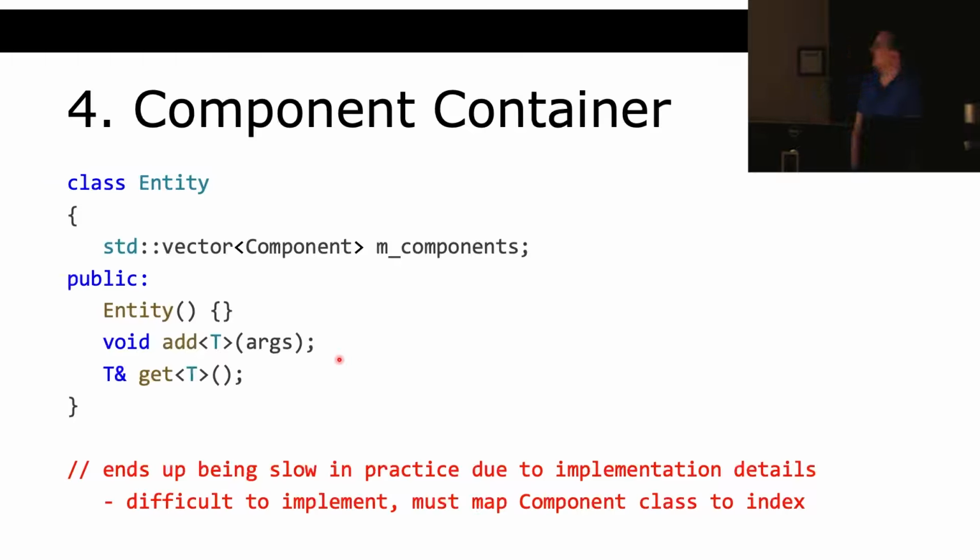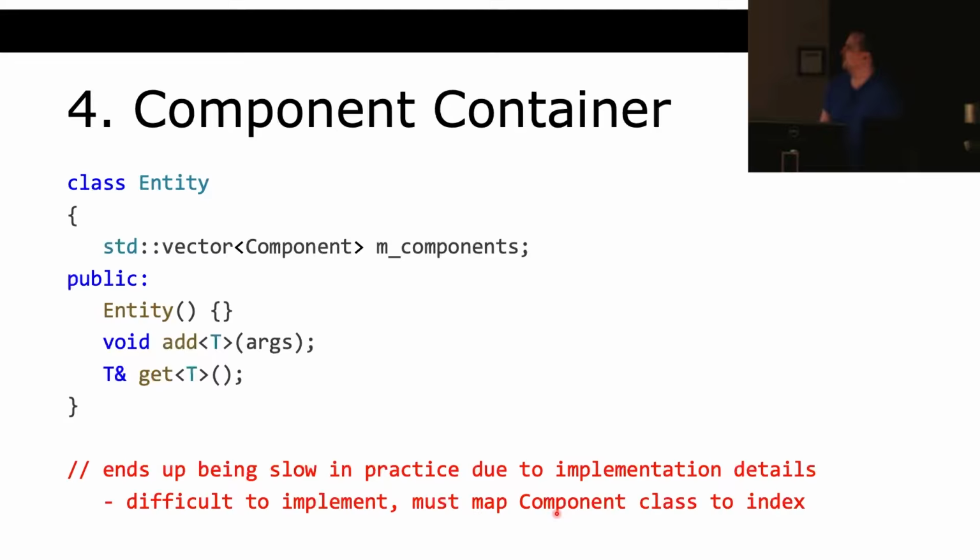And so this ends up being a little bit slow in practice due to implementation details, because you can't simply store, even though if we had, for example, a component base class that all of our component derived classes inherited from, we could store all the components like this. But then we actually have to store a pointer to the base component class, because you can't do inheritance with raw values. I think I talked about that a bit in the C++ lecture, but the implementation details of this are kind of bad, and it ends up actually being slower to implement than the next thing I'm going to talk about,